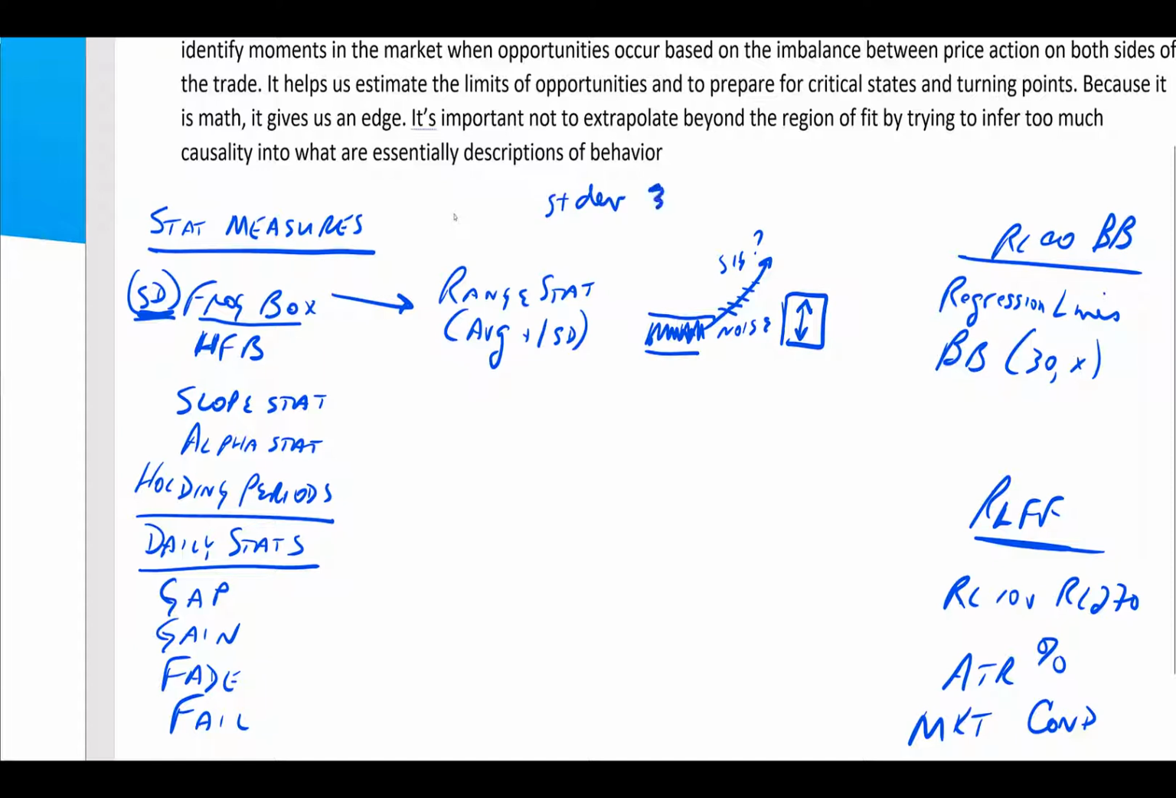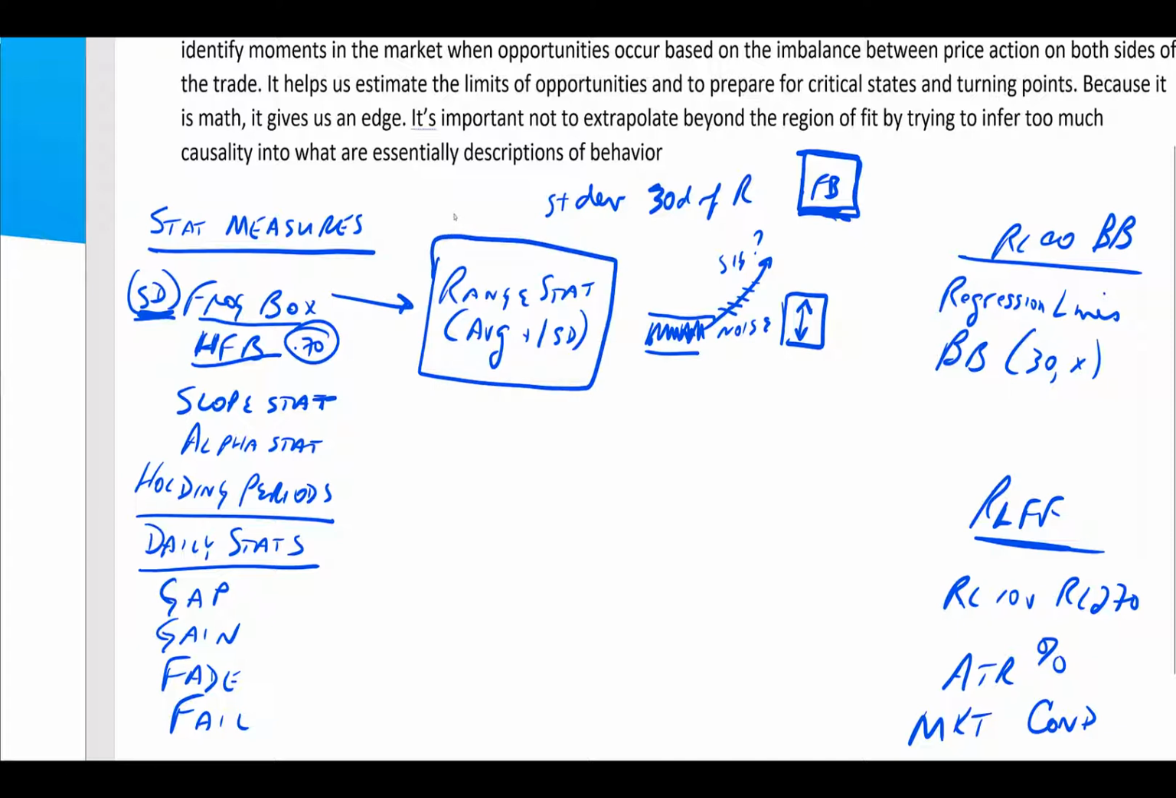So for intraday trading, we simply take the standard deviation of the last 30 days of range, and that gives us the frog box. So for the next day, that tells us what the frog box is, a difference between signal and noise. We take 70% or a factor of that to get the hybrid frog box. We also use the frog box as part of our range stat, which gives us the max reasonable intraday move,